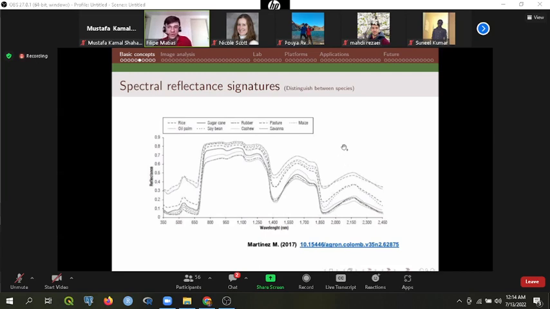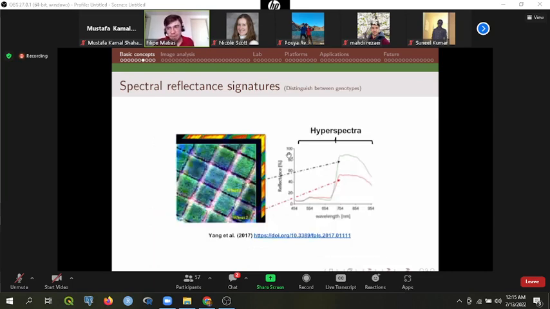As you can see, with different objects we can differentiate species with the same principle, but we can also differentiate genotypes in a population, which now comes closer to what we do in plant breeding, right? Our main idea is to use this technology to identify different individuals in a population and correlate these with our phenotypic information. For example, here we can see a wheat population from this paper, and one genotype has higher reflectance here